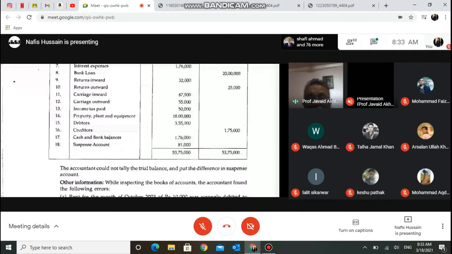The idea of giving you this trial balance, this piece of paper, was so that we know which account is recorded on which side. Once you are clear about which category each account belongs to, like asset, capital or liability, then you can make the profit and loss account and balance sheet. There are 18 heads of account appearing here; there can be 1800 heads of account. All of them would belong to one of those 5 categories. But it is very important for us to know which is to be recorded where.